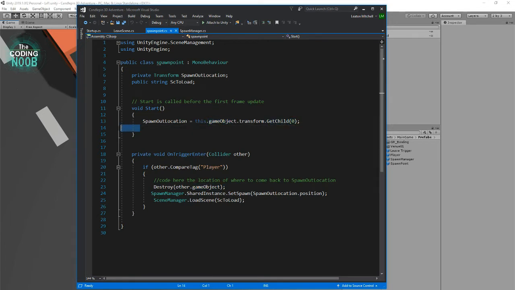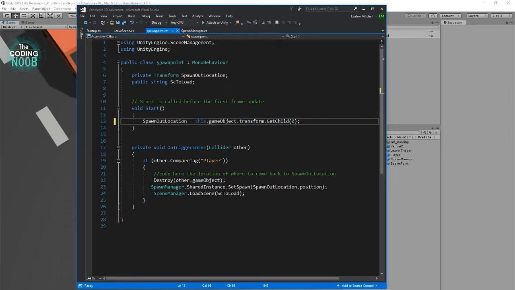So if you had 2 children, this would be the first element, the first child. You can have multiple spawn points and maybe make it random. It's cool. Then the on trigger, when I'm trying to enter into a building to load another scene: if I'm the tag with the player, destroy myself, and then set my new position for when I'm coming out